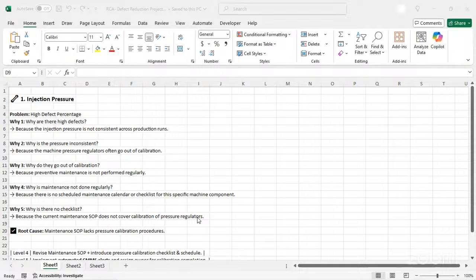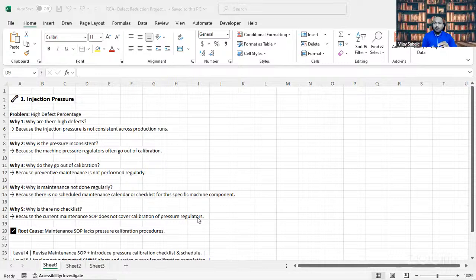You can see it's a poor basic operating condition. It's a poor operating condition, right? Or you can say it's a poor basic condition. It can come into both categories. If you see the basic condition from a system perspective, operating conditions, yeah, it must be there, but it is not there, right? So you can call it a poor basic or poor operating condition. It's absolutely fine. So this is a root cause of the thing, right?